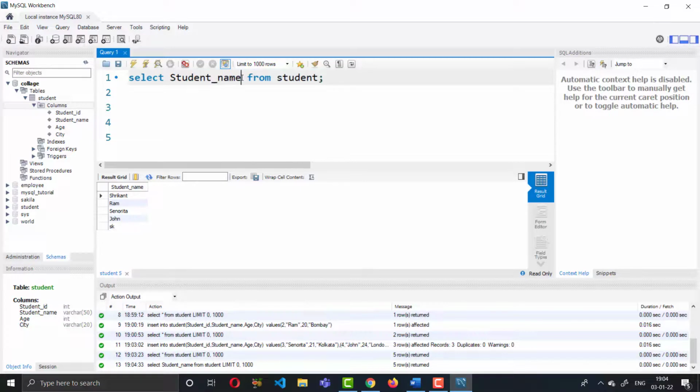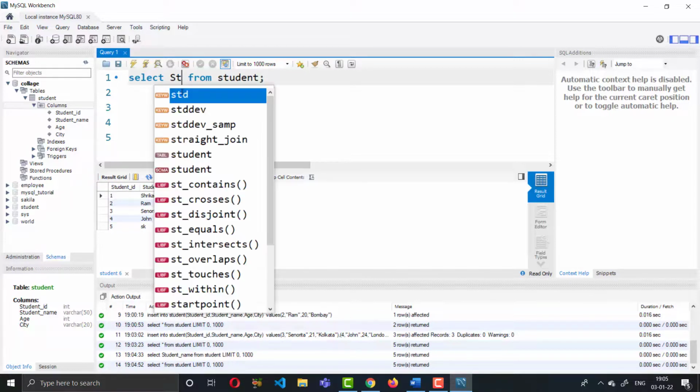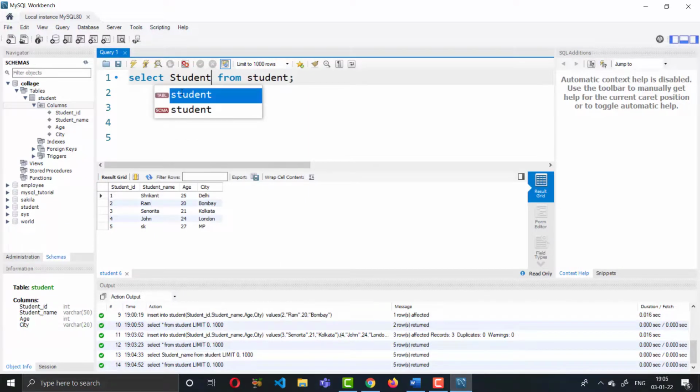Let me show the star again here. Suppose this is a four column table, and suppose we want student ID, age, city. So just select those attributes. So student ID, pass the comma, again that column name what you want, and again pass the comma and select the column name which one you want, city.